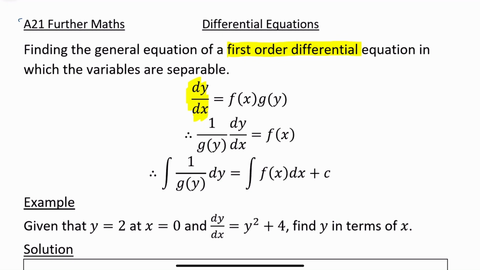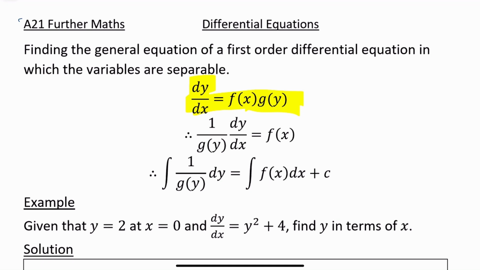If it had been second order, it would involve d2y by dx squared. So a first order differential equation involves just dy by dx. Okay, so if you're in this situation here, where you've got dy by dx is equal to a function of x times a function of y, so f of x times g of y, then what you can do is